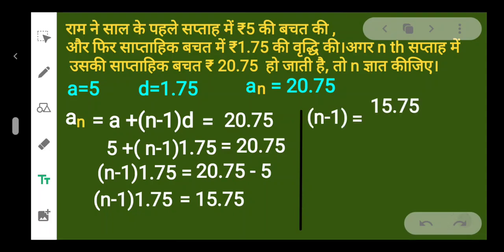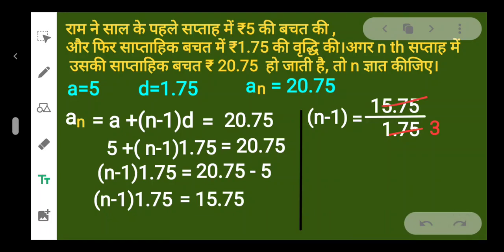Take it here. Now we can easily divide because the decimal in the numerator is 2 places from the left hand side, and the decimal in the denominator is also 2 places from the left hand side. It means this is the same thing. We can cancel this decimal. So simply 1575 divided by 175, in lowest terms.